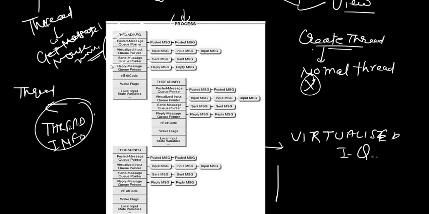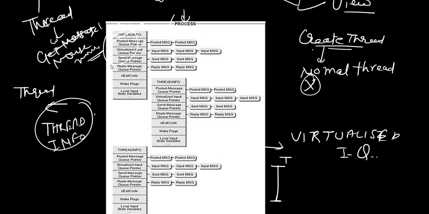Earlier this was just a simple thread. There was nothing by which this thread could get messages, send messages, or perform any kind of window activities. So it remains a simple, normal thread, which doesn't process any Windows operations.